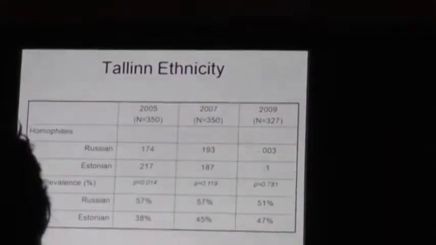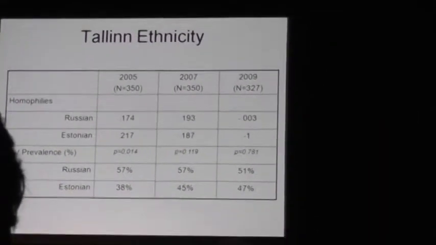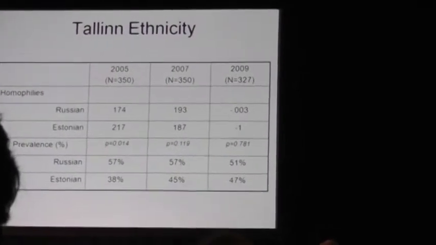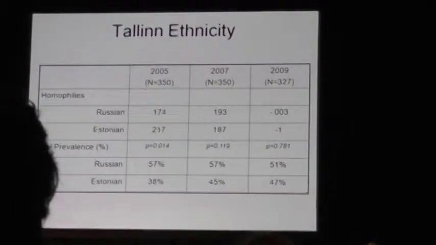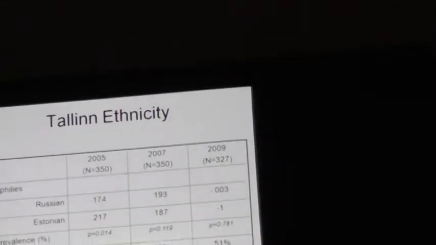For the third survey, that difference narrowed considerably, 51% for the ethnic Russians and 47% for the ethnic Estonians. You can see that in the first 2 surveys, there were positive homophilies for Russians recruiting other Russians, Estonians recruiting other Estonians. Then in the final survey, where the differences in HIV prevalence dramatically decreased, we see essentially 0 homophily